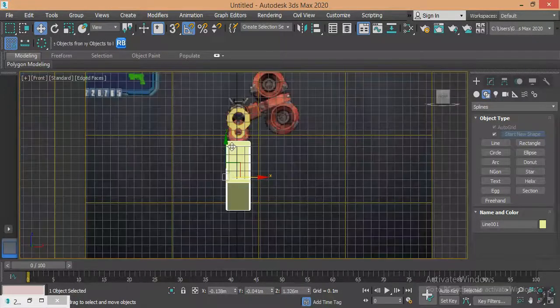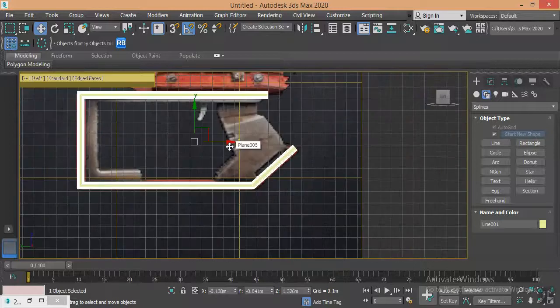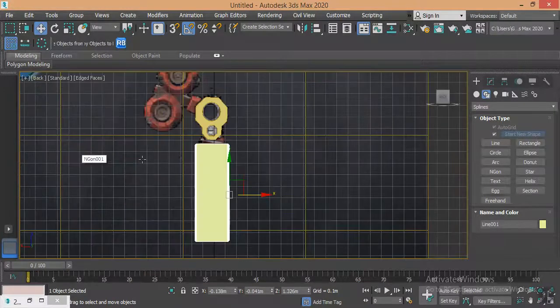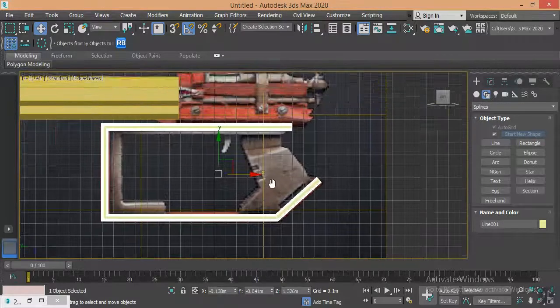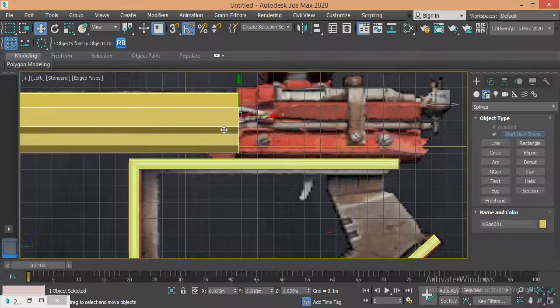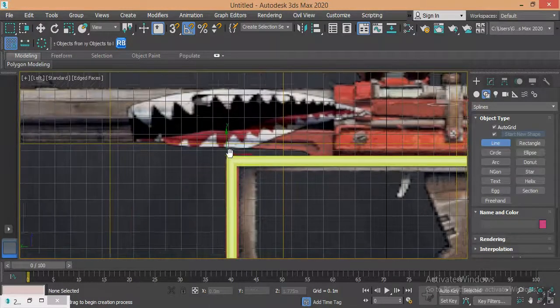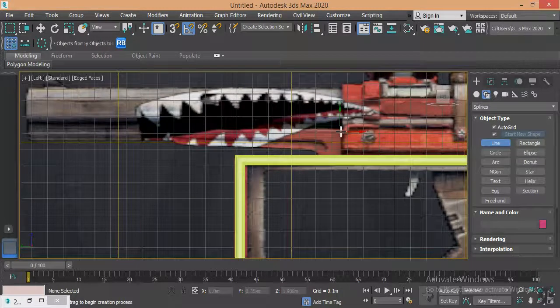From front, from left, and from back. It's okay. I will hide this, right click hide, then I will select line to draw this part. The first part here,